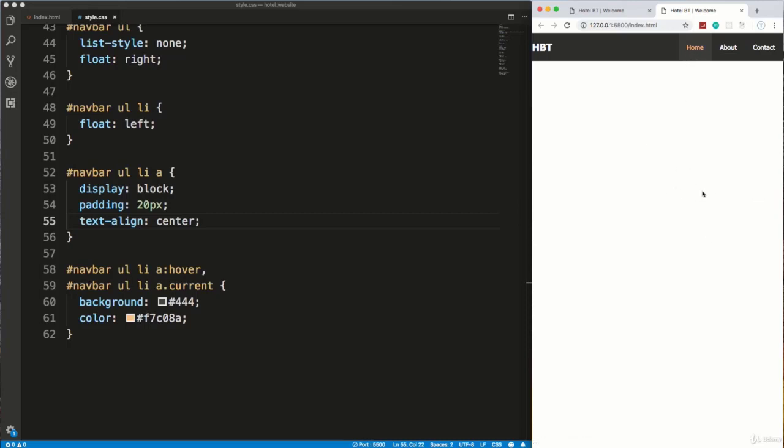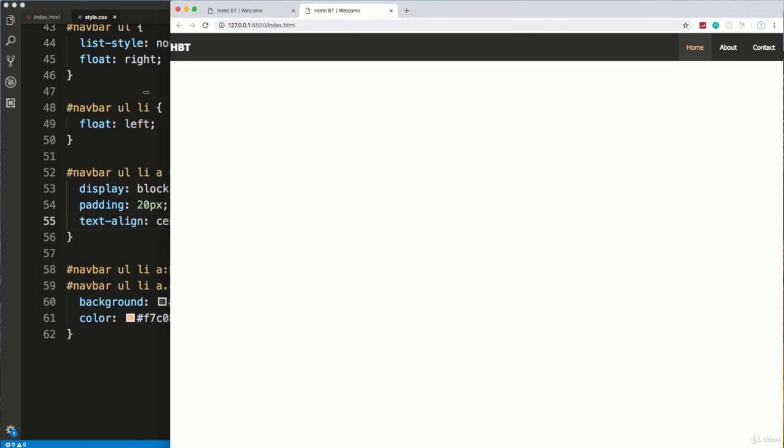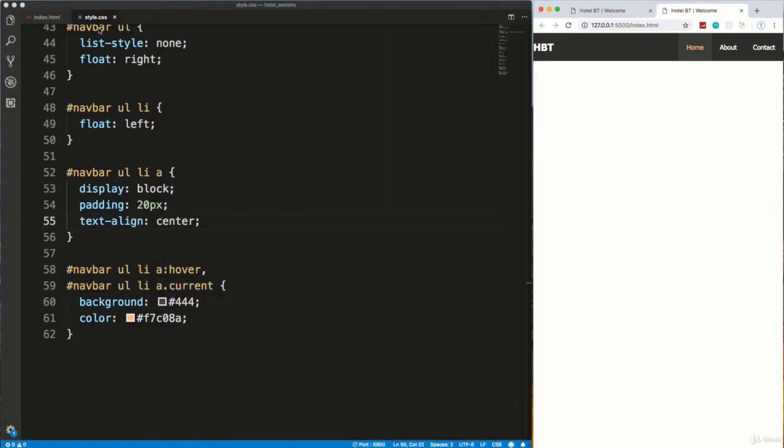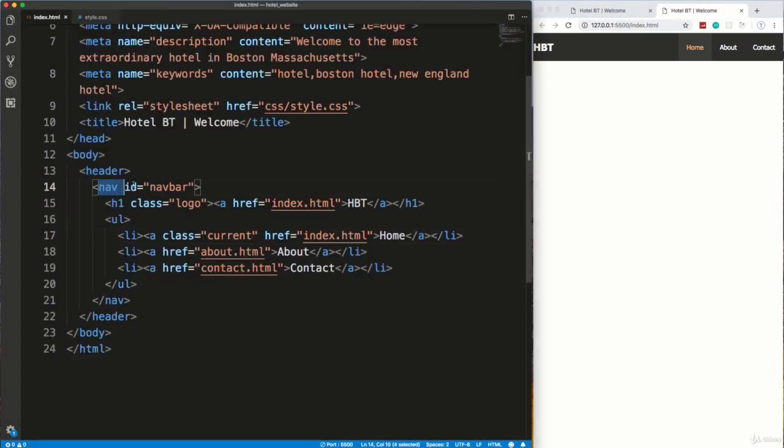Now before we move on, I just want to show you one thing. If we stretch this out really far, it's always on the very edge here, and I don't want that. Usually what you'll do is you'll have a container and move it into the middle. Okay, and we don't want to wrap a container around everything, because then the black bar will actually get pushed to the middle. I want the black bar to go all the way across, but I want this stuff to be in the middle. So to do that, what we'll do is add a container class within the nav,